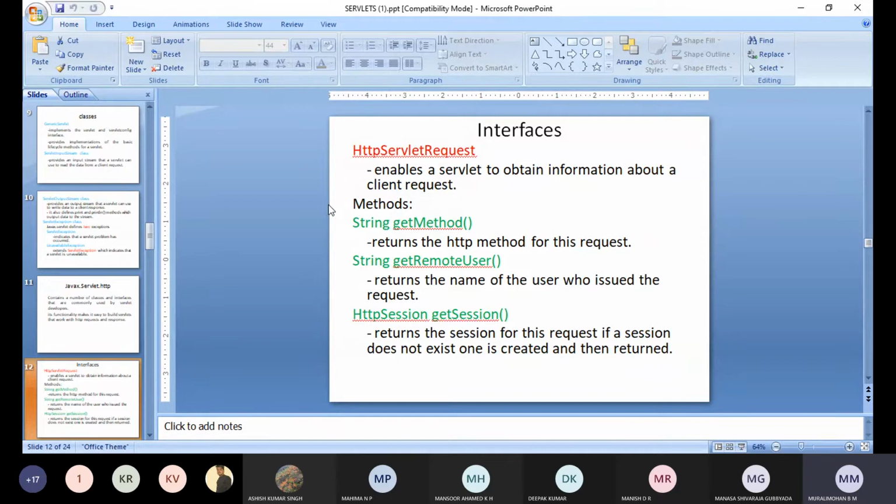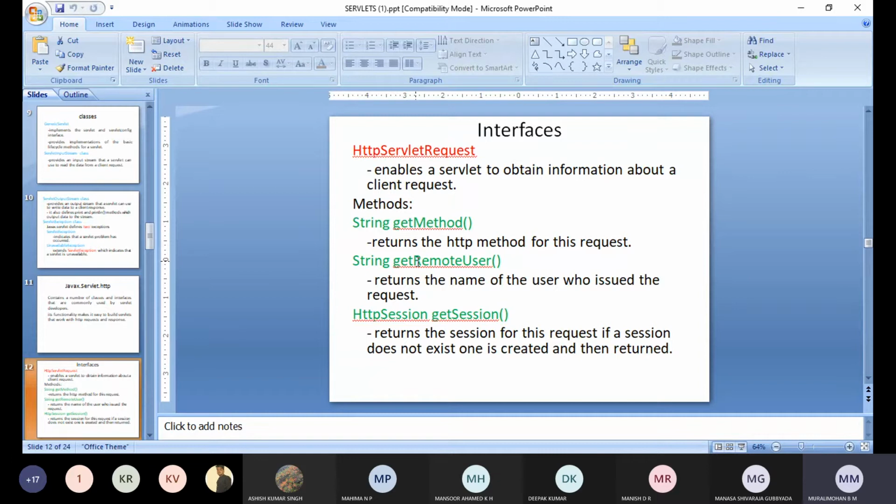This will return which method is being used to send a request from client to server, whether it is using doGet or doPost. That information can be obtained by getMethod. Second one, getRemoteUser. Kindly observe here. getRemoteUser returns the name of the user who issued the request.